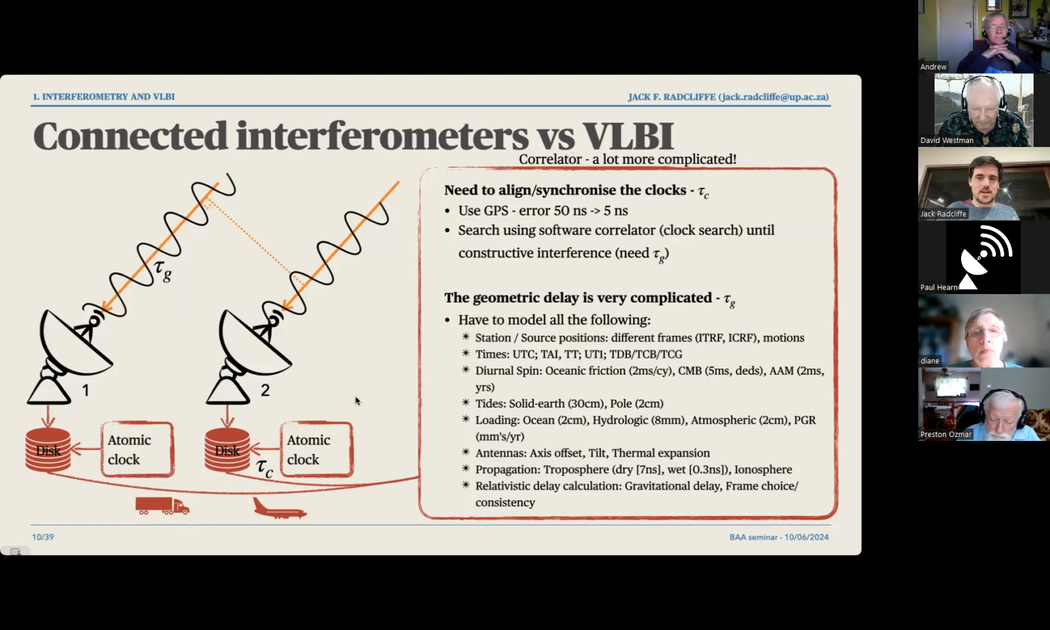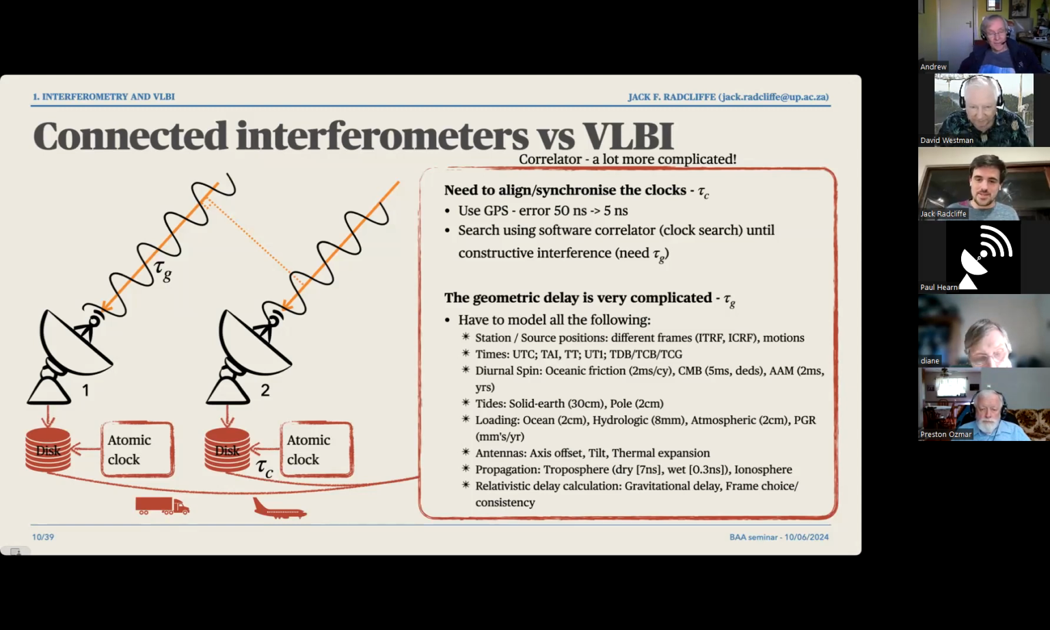On top of this, we also have to have a different delay model. We can't just use that assumption of trigonometry, with telescopes on a flat plane. We have to model everything. We have to model all the source positions, the station positions. We have to model different time zones. You have to take into account diurnal spin from friction. You've got to take into account the tides. So whether the moon is above you or not matters, because that changes the position of your telescope by 30